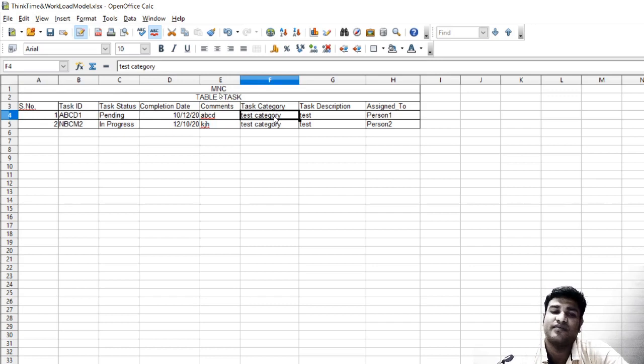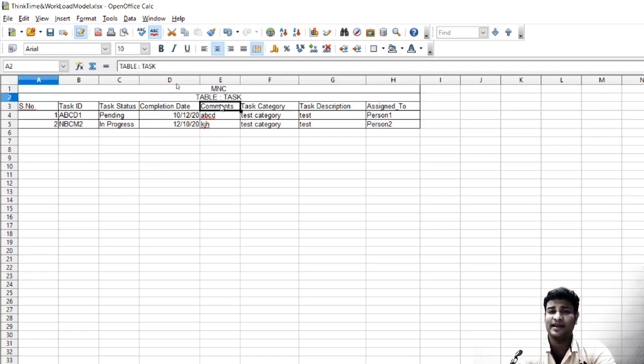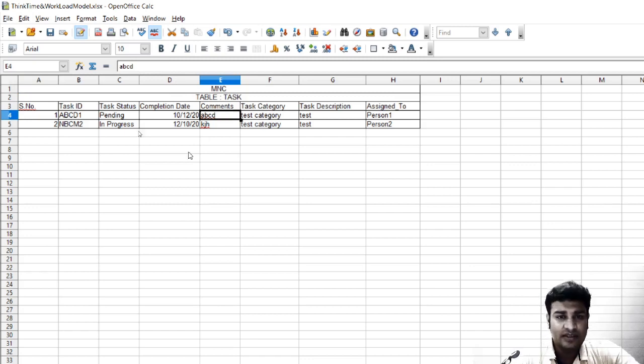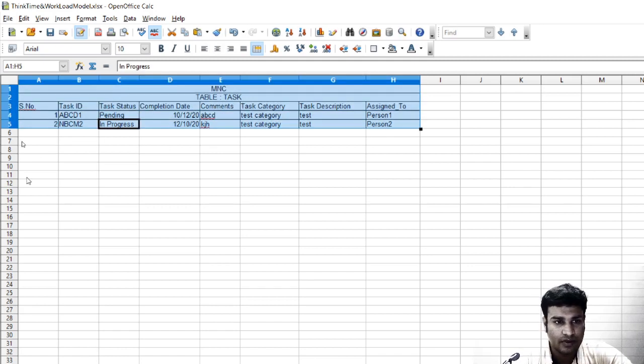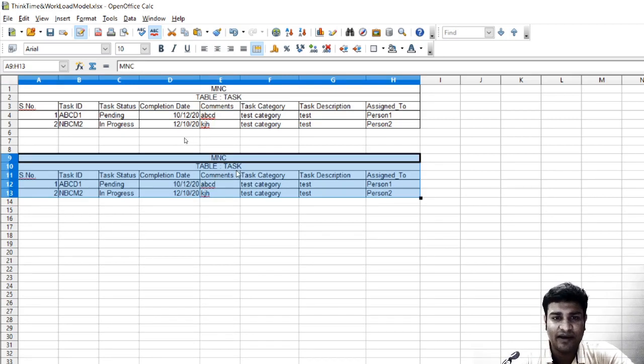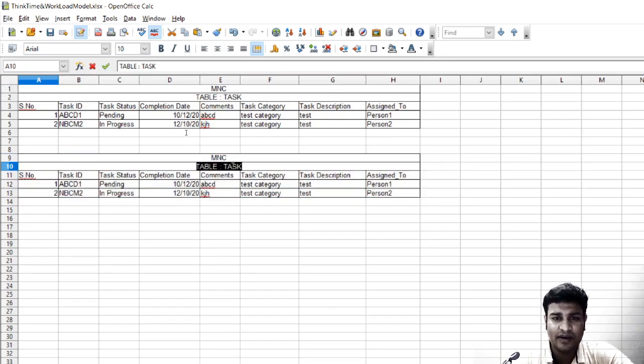So this is not the right word, but we will understand the words. The main point is you should understand why exactly data types are required and what is the usage of them. So now we have seen that when we are creating a table, we require the headers and data type. Similarly, this particular company will have another table. Just copying this. This particular company will have another table, and this table will be employee.